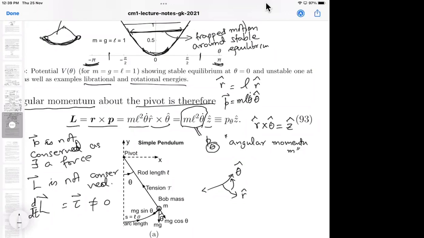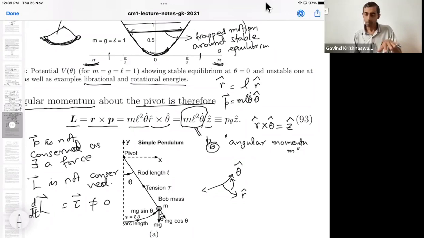Yeah, I mean, we want a fixed origin. The particle may move, but we want a fixed origin. And if you locate the origin at the current location of the particle, you are right that angular momentum at that moment of time may be zero, but at the next instant, the particle will move around. So this will no longer be true.